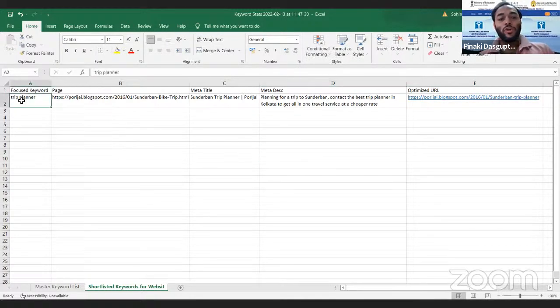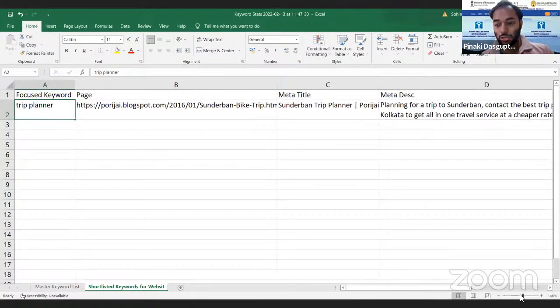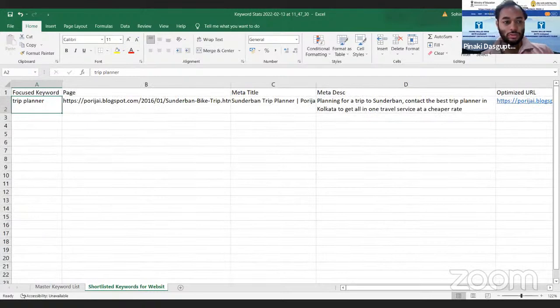See, my focused keyword is everywhere in the content. I'm just increasing the size so that you can see. Can you see now properly?